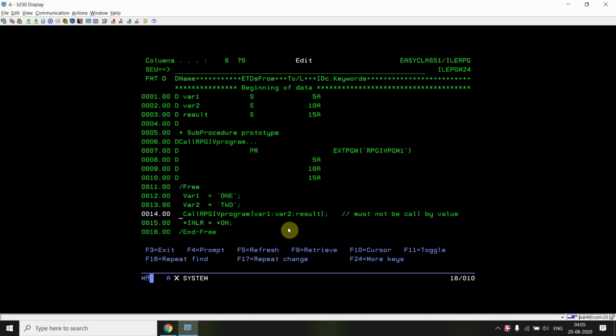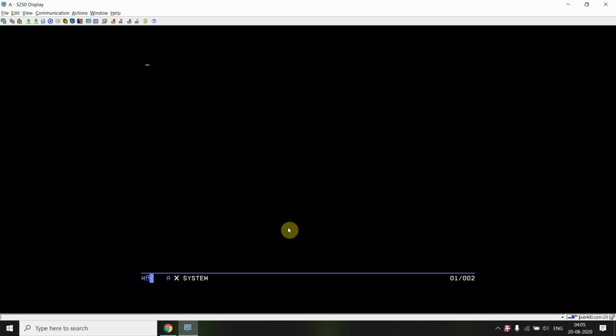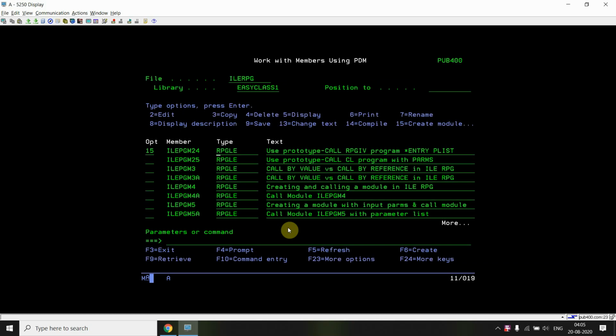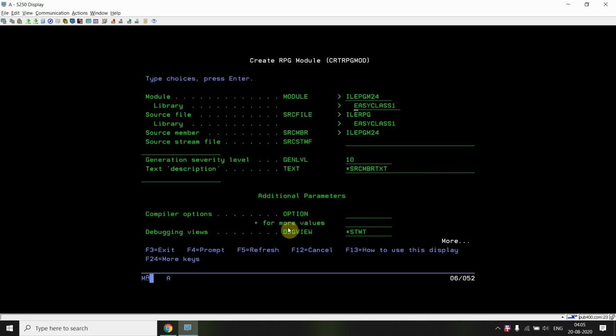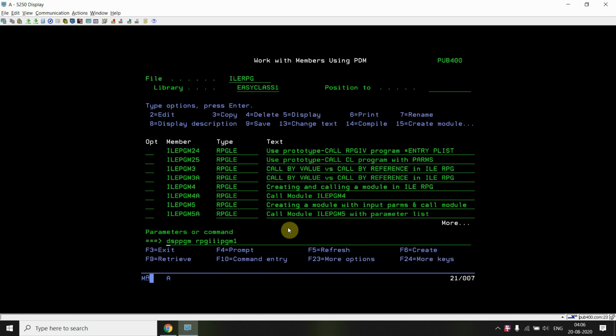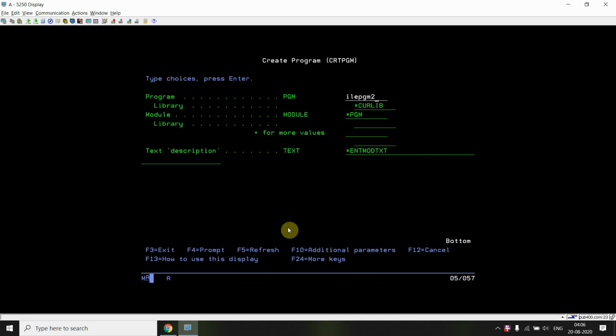Now just compile this. Creating the program ILE-PGM24, the module is ILE-PGM24.